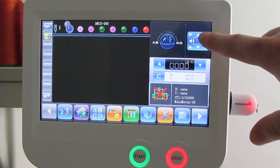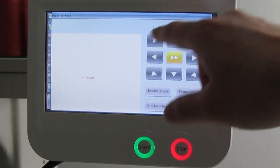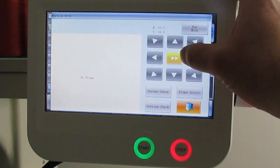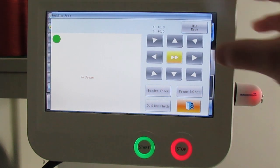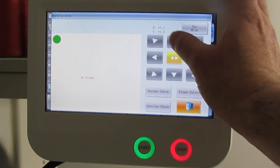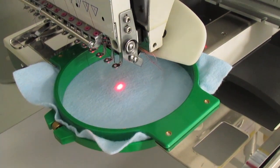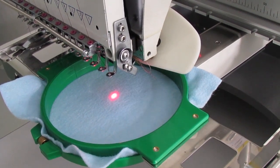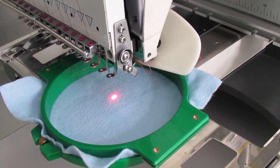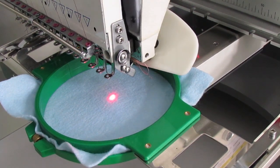On the top right, we have our frame arrows. If we press that, you will have your arrows in different directions. You will have the center yellow. That's actually to move your frame fast or slow. And you can move your frame in the desired area. I will go ahead and move it back over so you can see what I'm doing while I'm moving the arrows. And I am centering my hoop in dead center. Once you find the desired area with the arrows,